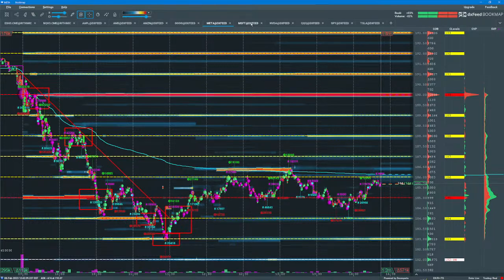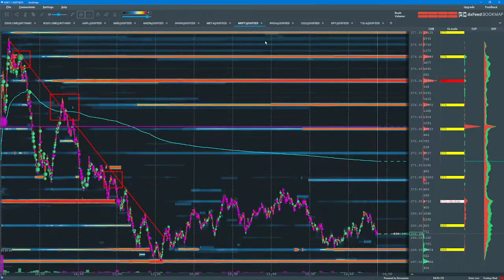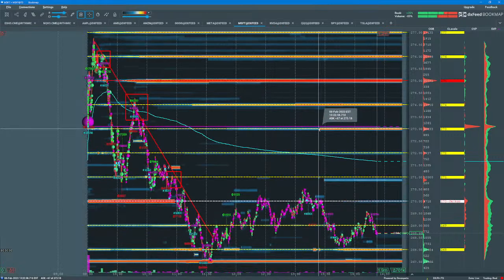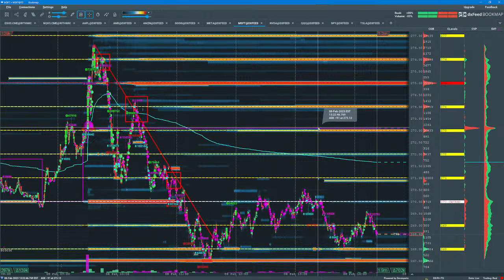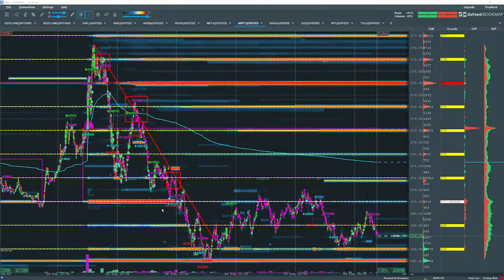Oh, I'm Meta, I'm sorry. So here's Microsoft. It's hard jumping around all these different stocks. So again, I apologize, looking at the wrong thing. So here is showing Microsoft. Traders not making much progress moving price higher. All right, let's go to NVIDIA now.